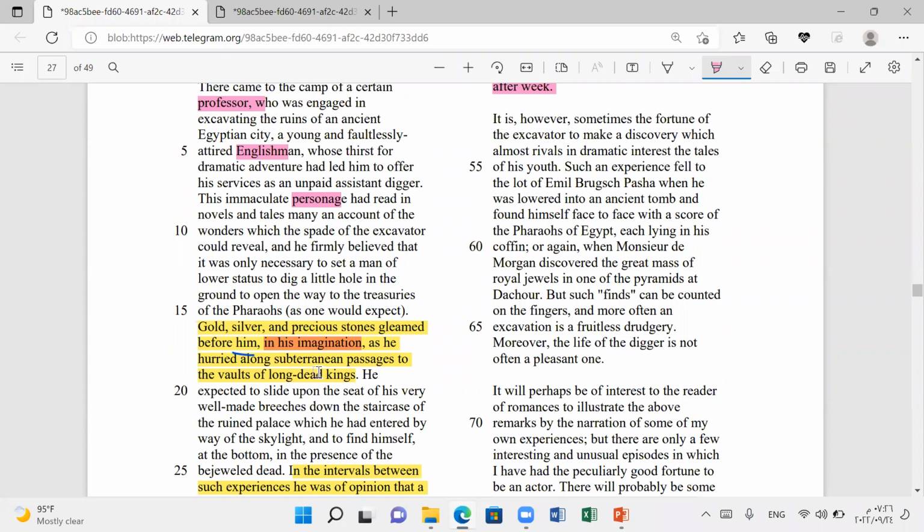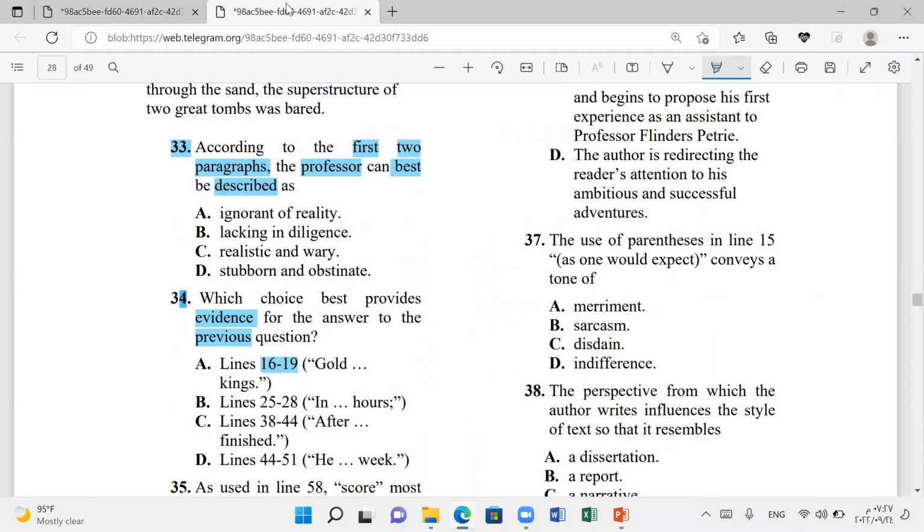So he wanted to know, and he's so excited, and he started imagining the gold and silver and precious stones that he might be finding, right? So let me ask you, the most important thing that I'm searching for, the main focus here